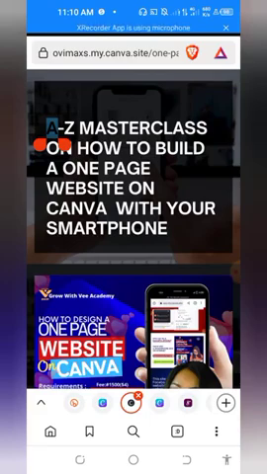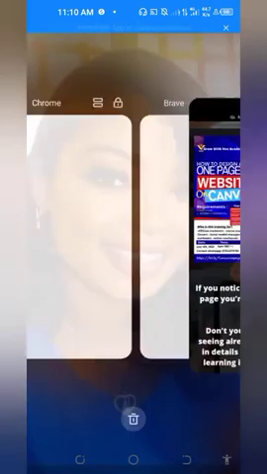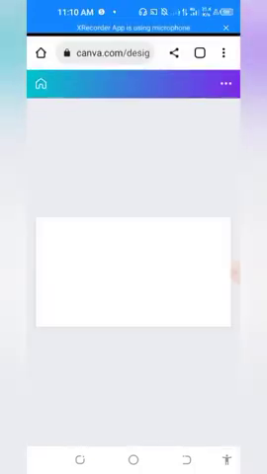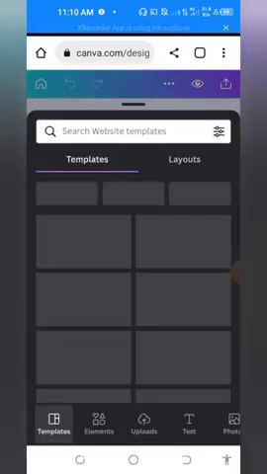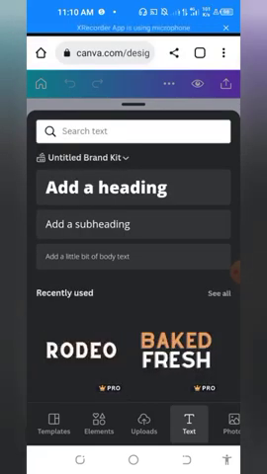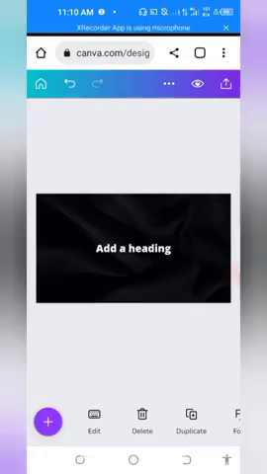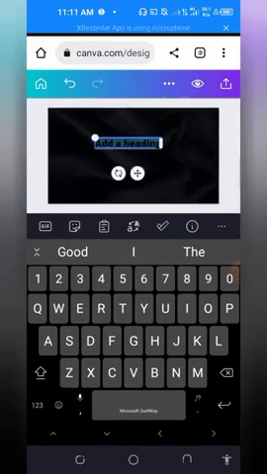Oh, I think I won't be able to. I'll be able to get this out from here. So I just go and type. Okay, so first thing first, we are going to introduce text, and to do that, we'll tap on the purple plus button. Go to text. We are using add a heading. Why? Because that is the focus. We want it to be the first thing they will see. Okay, so now the heading is